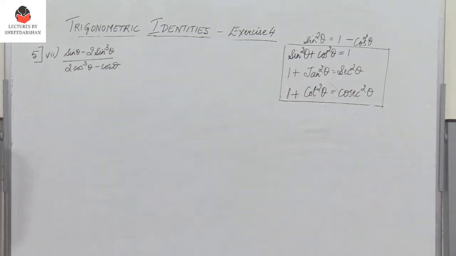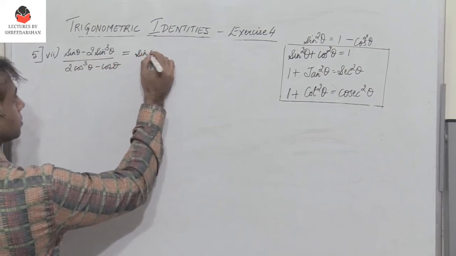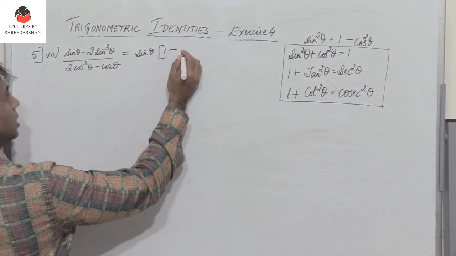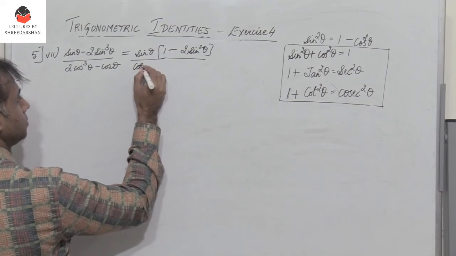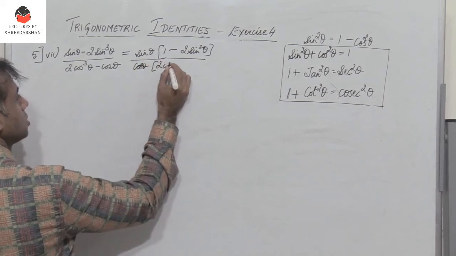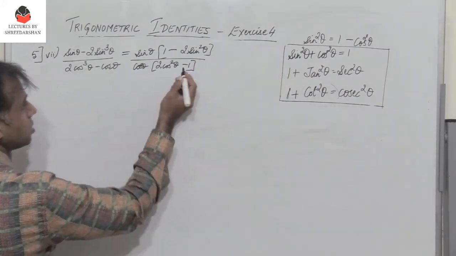So now we need to prove that this is equal to tan A. So what do we do? Now if I observe, I can take sine theta common, right? So if I take sine theta common, I get 1 minus 2 sine square theta, and here I can take cos theta common, and here I get 2 cos square theta minus 1, right? So now I can write sine square theta and cos square theta using the expression there. Okay, now what is sine square theta? Sine square theta is 1 minus cos square theta, isn't it? So now let me substitute that.